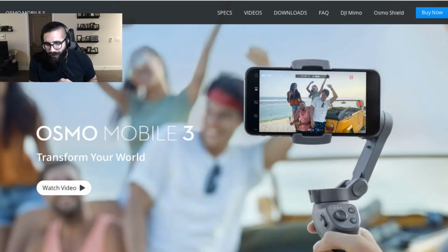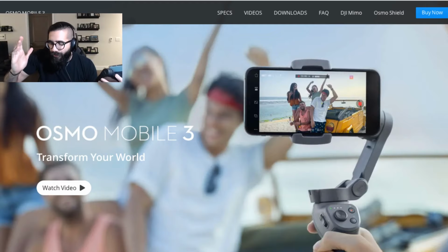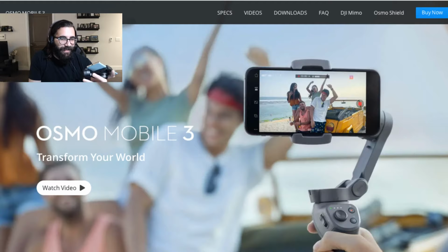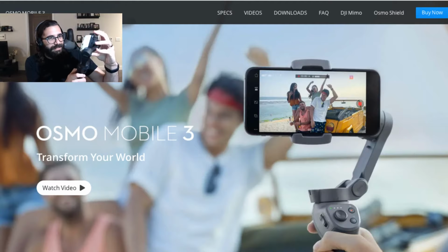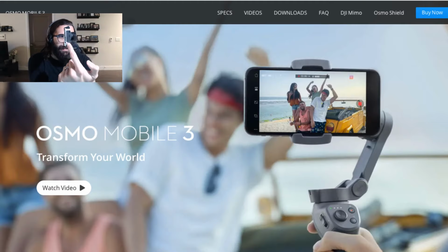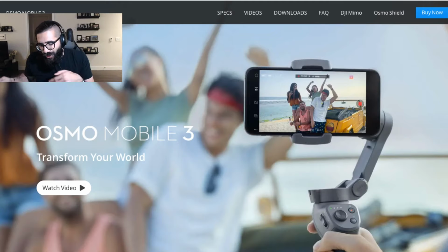To begin with, when we look at that website, the first thing we notice is that there's no motor blocking the ports of the phone. So if I were to use a Snoppa, for example, it shares a similar design. I'm going to turn it on real quick here. You can actually see that the ports are fully open and ready to be leveraged, which is a really awesome addition. I'm really glad that DJI assumed this design,